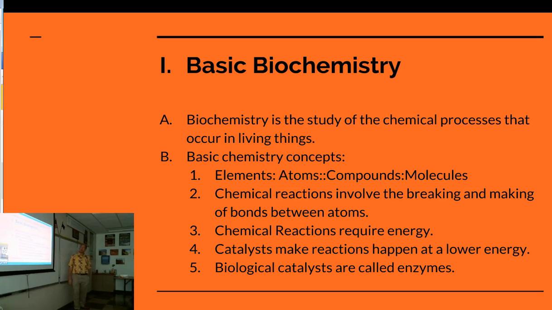So some basic chemistry concepts that you need to know that we reviewed already. Elements are a pure substance. The smallest part of that is an atom. A compound is a substance made up of more than one kind of element, and the smallest unit of that is a molecule. So if you were to take a piece of gold jewelry and cut it in half, and then cut it in half again, and keep cutting it in half, you'd reach some point where you only had one atom of gold.